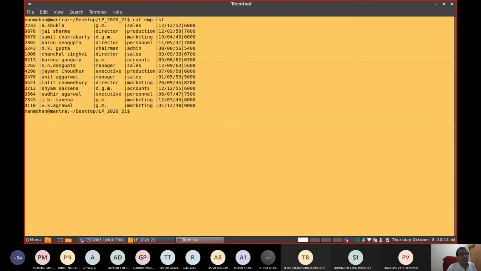Now in this format of the file, where all the contents are arranged, these are called fixed width data files. The first column is maybe employee ID, second column is a name, third column is their designation, fourth column is their department in the organization, fifth column is their date of birth, and the last column is salary.